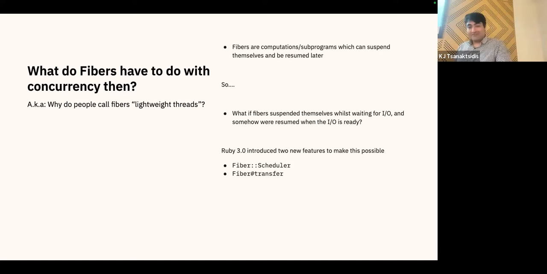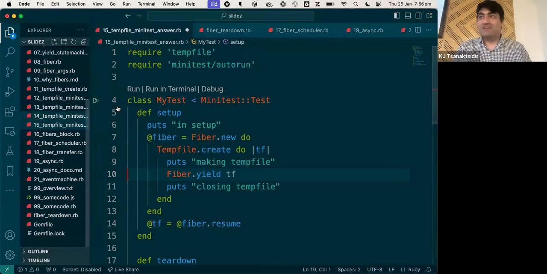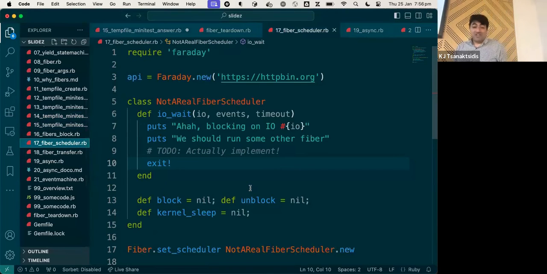And Ruby 3.0 introduced two features, basically, that make this possible and realistic and useful, called fiber scheduler and fiber.transfer. I am going to briefly just show you that these APIs exist, but don't feel too concerned if this blows past you, because in reality, these have been wrapped up very nicely by gems. So you'll never use these APIs directly. But just for argument's sake, what the fiber scheduler does,